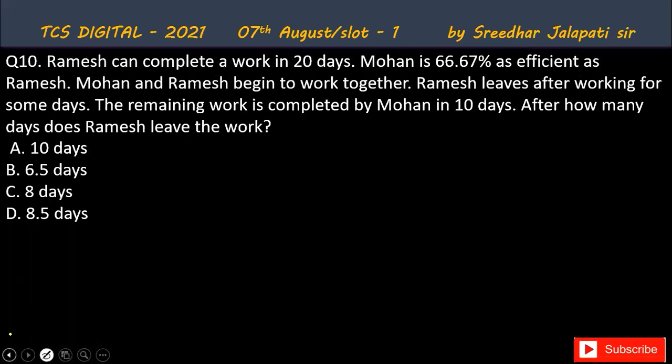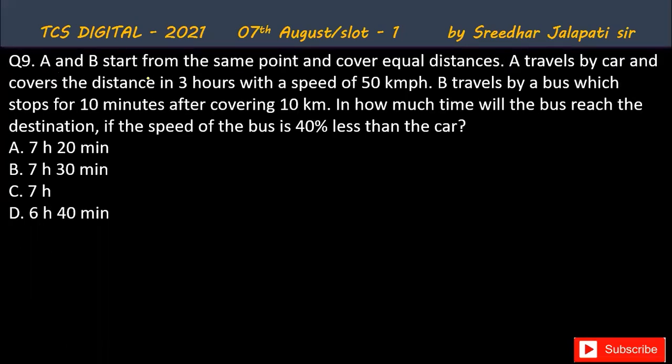Here is solution for question number 9. A and B start from the same point and cover equal distances. A travels by car and covers a distance in 3 hours with a speed of 50 km per hour. B travels by a bus which stops for 10 minutes after covering 10 kilometers. In how much time will the bus reach the destination if the speed of the bus is 40% less than